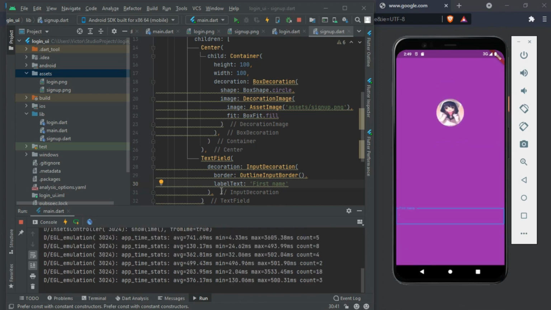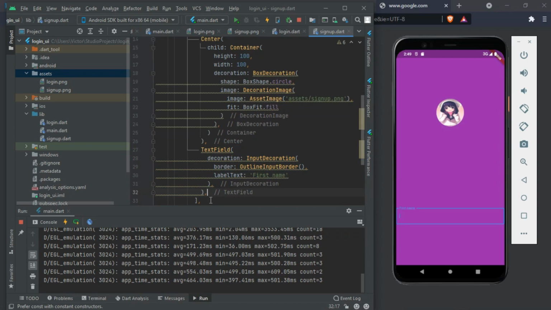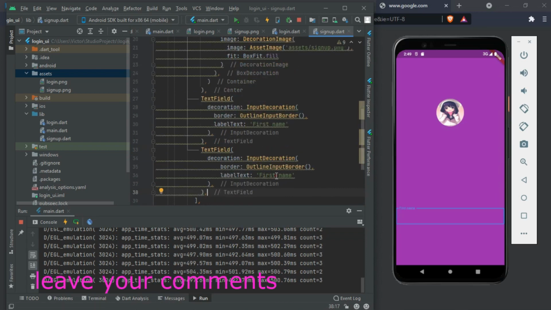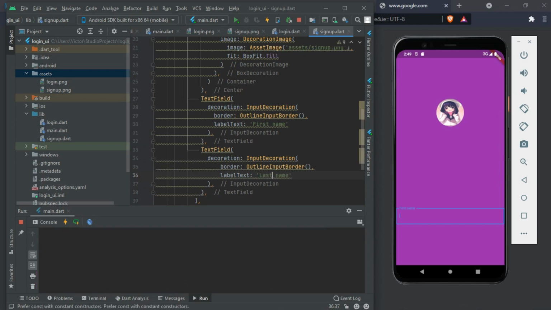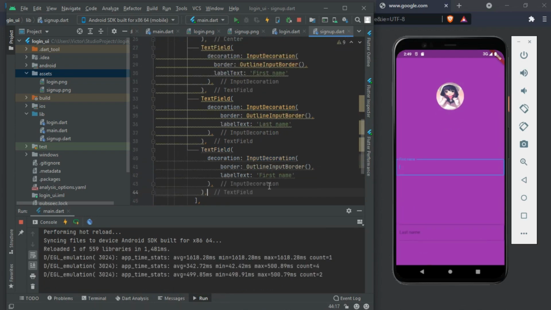Okay, so let's just copy this and paste from here, Ctrl C and Ctrl V here. Here we have our last name. Save this, and we can add username,